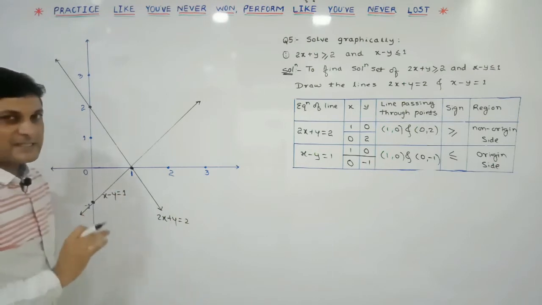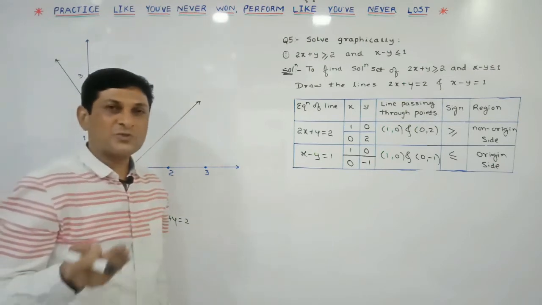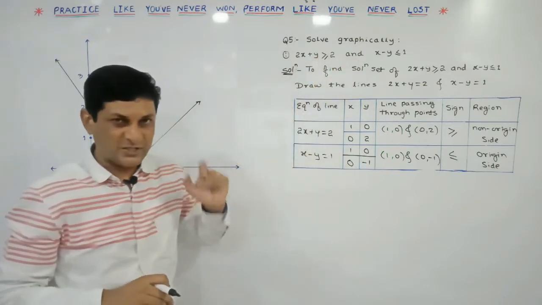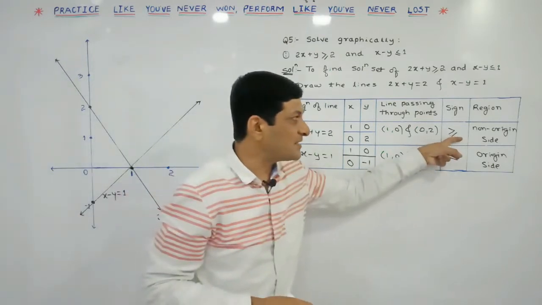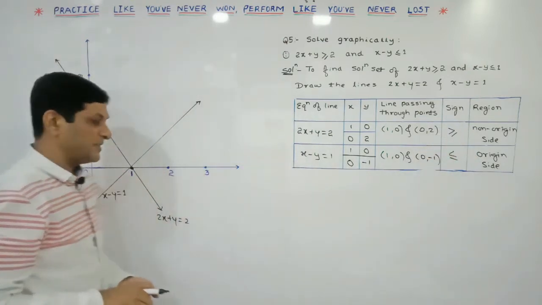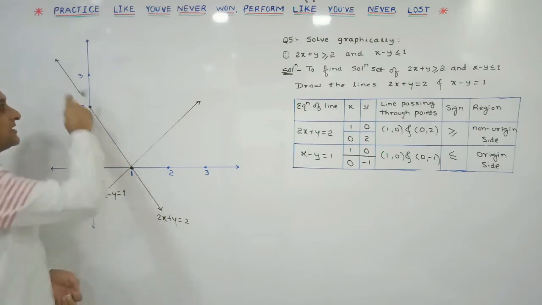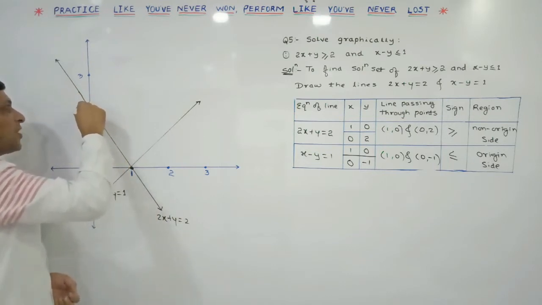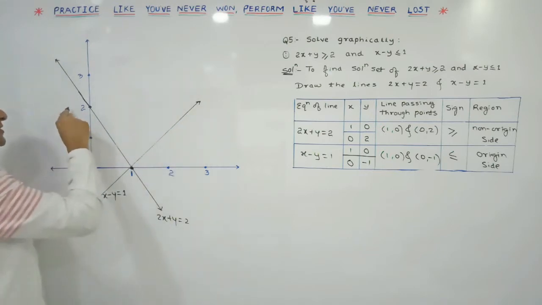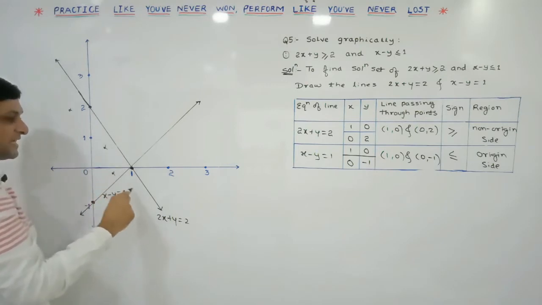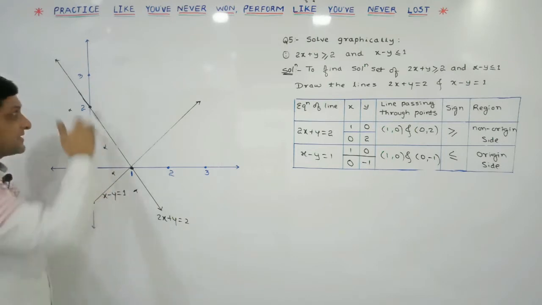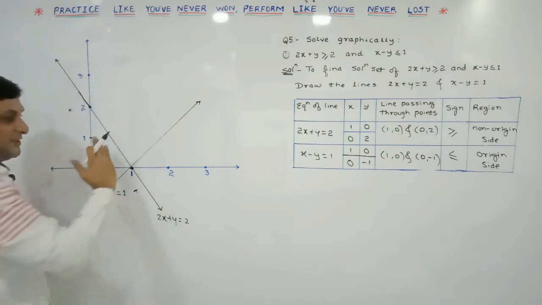Once the lines are constructed, our aim is to find the solution set, that is, the region which is satisfied by both these expressions, isn't it? Already we have seen that for the first line, greater than appears, which means the non-origin side part will be the solution set. Is it our first line? And for this line, which part is the solution set? Non-origin side part. So this is the origin side part, and this is the non-origin side part. Since the non-origin side part is the solution set, all the part on this origin side will get deleted. For the first line, this part is not the solution set, the non-origin side part is the solution set.